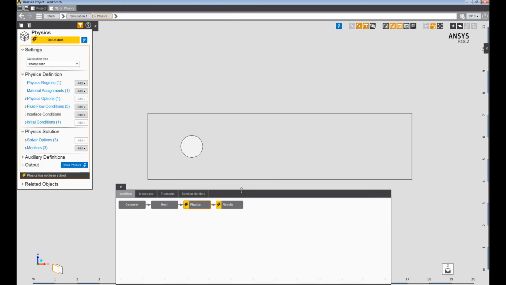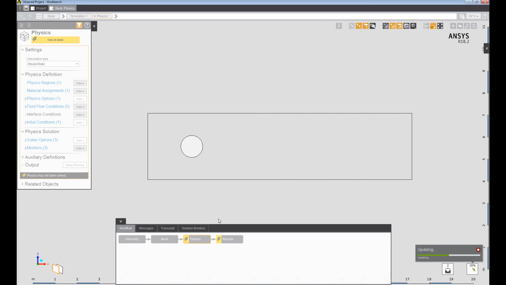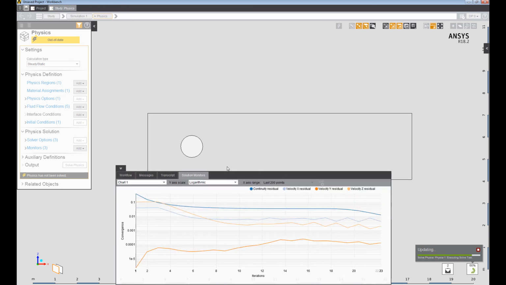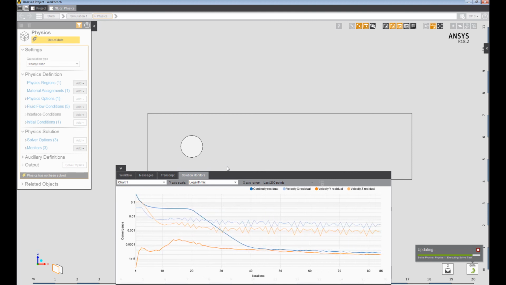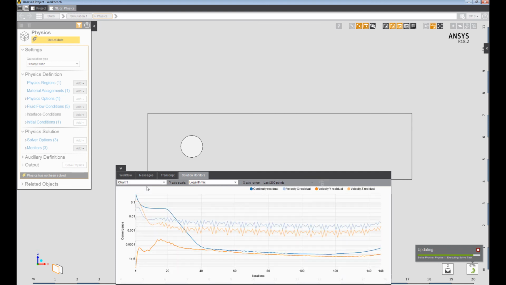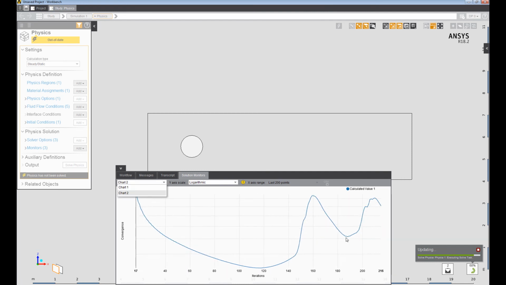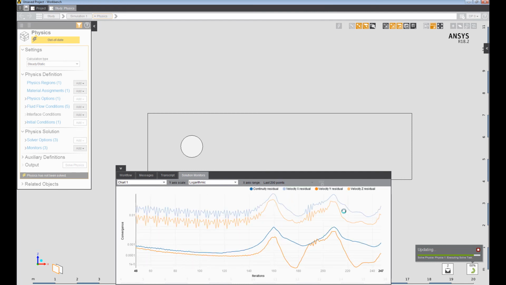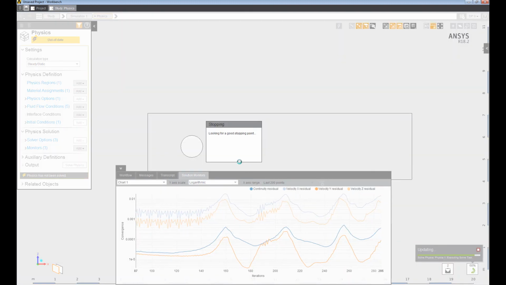in the physics and run the simulation again. By turning off the turbulence model, the convergence becomes very difficult. We're picking up a lot of the transient effects in this laminar flow around the cylinder, so both our coefficient of drag as well as our convergence plot oscillate greatly. So we'll stop the simulation